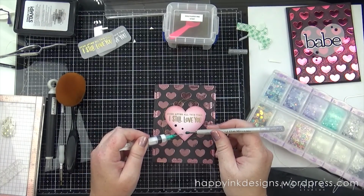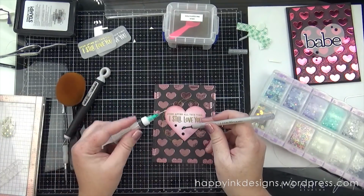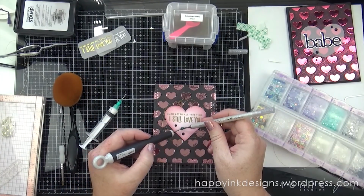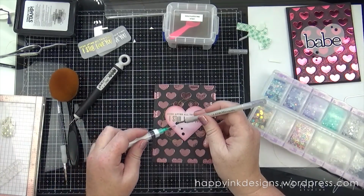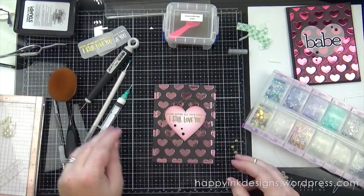I love these. Are they jewels? Gems. Jewels. I think they're jewels. But I'm loving these jewels. And that was my second card. Oh, and I did cut out the